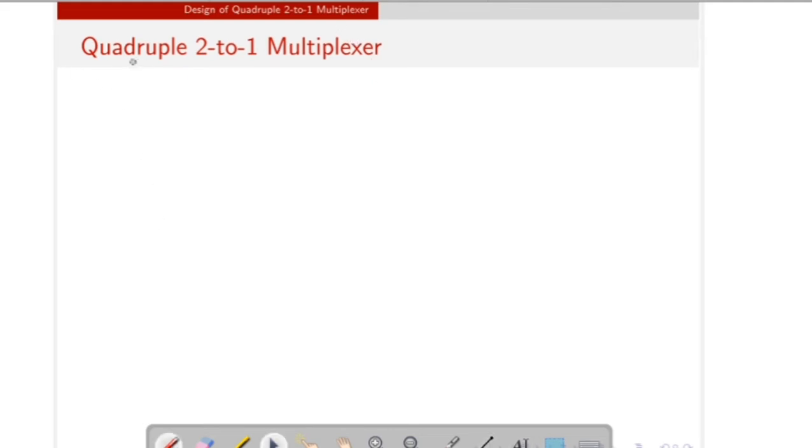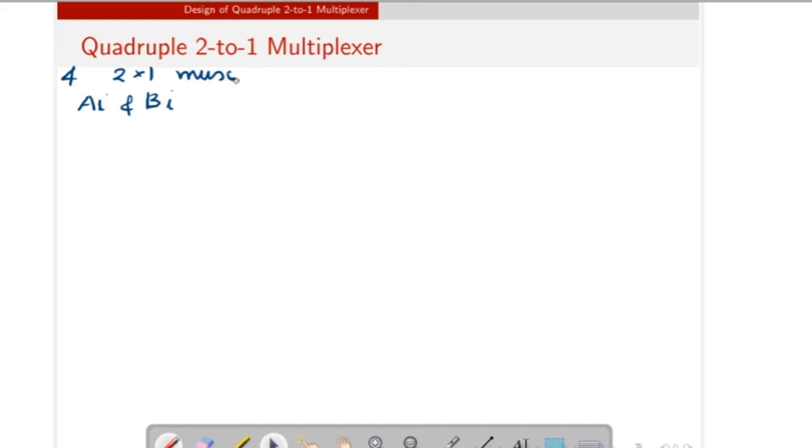Here we use a multiplexer with enable input to design a quadruple 2-to-1 multiplexer, right? Next I will design a quadruple 2-to-1 multiplexer. Quadruple 2-to-1 multiplexer means four 2x1 multiplexers. A 2x1 multiplexer has 2 inputs and 1 output. The 2 inputs are represented as AI and BI. That means for the first multiplexer it is A1 B1, for the second A2 B2, the third A3 B3, and the fourth A4 B4. Here this quadruple 2-to-1 multiplexer also has an enable input.